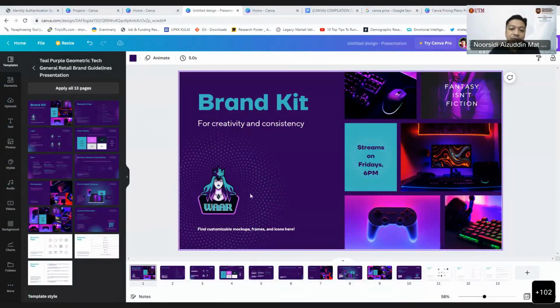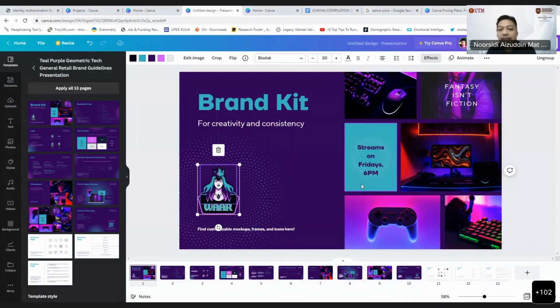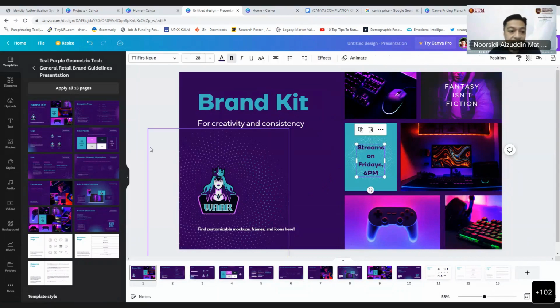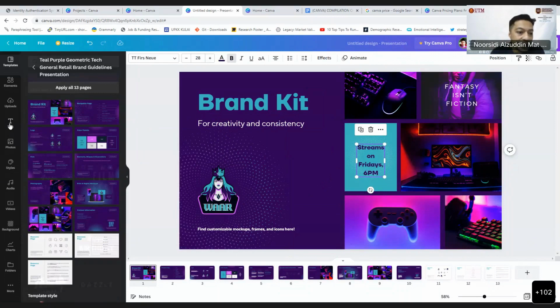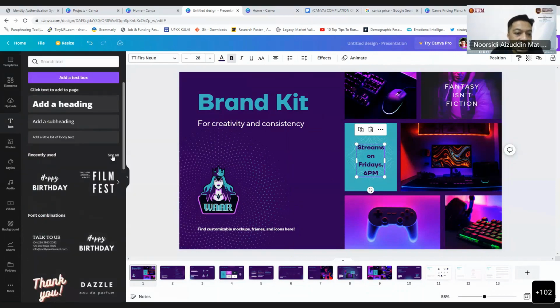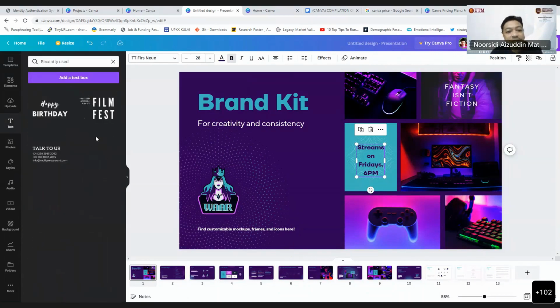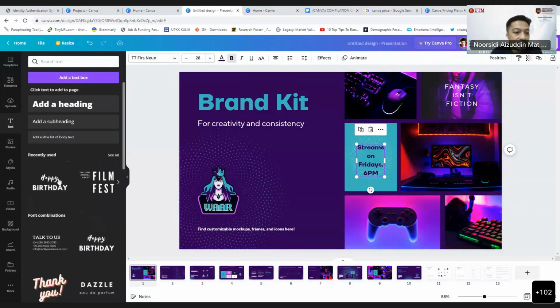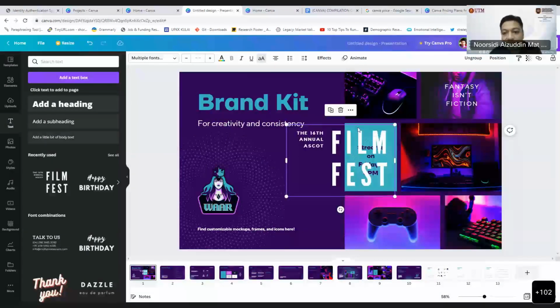So from here, what we can do is that they already come up with the ideas of brand kit, font, templates, and so on. Even if you want to add some more into these presentations, you can see, you can add text, you can pick up, see all, and then need to wait. Okay, so let's say you want to use this one instead of brand kit,